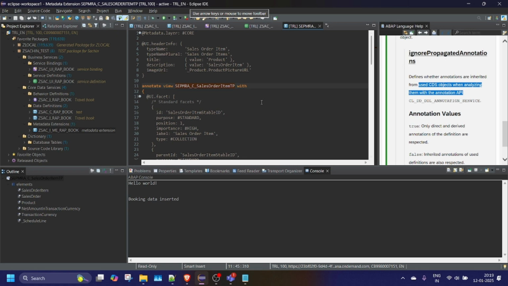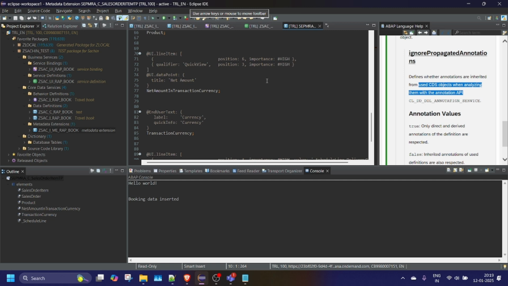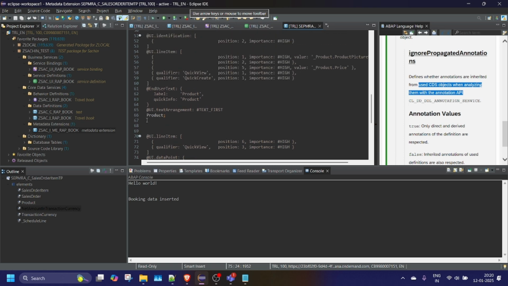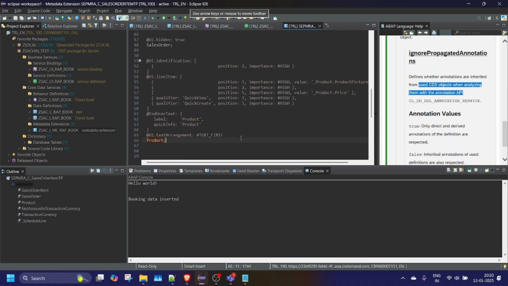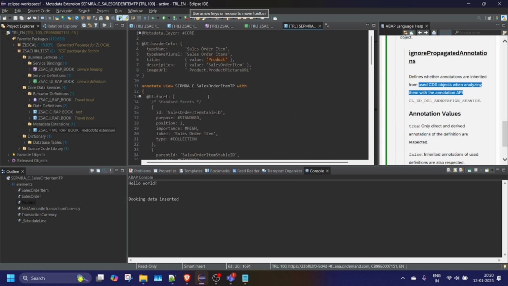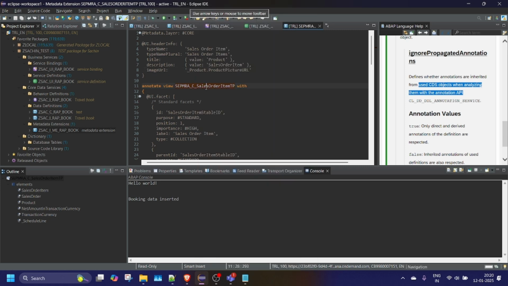Suppose this metadata extension is being used for a standard Fiori application. If we are able to find it and the customer is demanding that we change something to something else, for example this one is titled net amount, and here we got product. So for product the label is also product. If they demand the vice versa, they want it to be shown as material, what you will do is open this metadata extension, no sorry, you will open the CDS view,